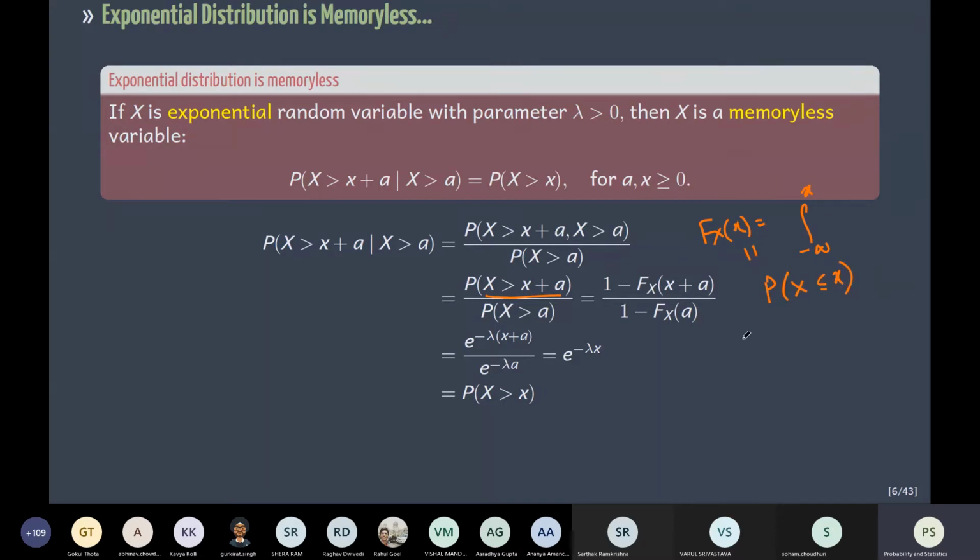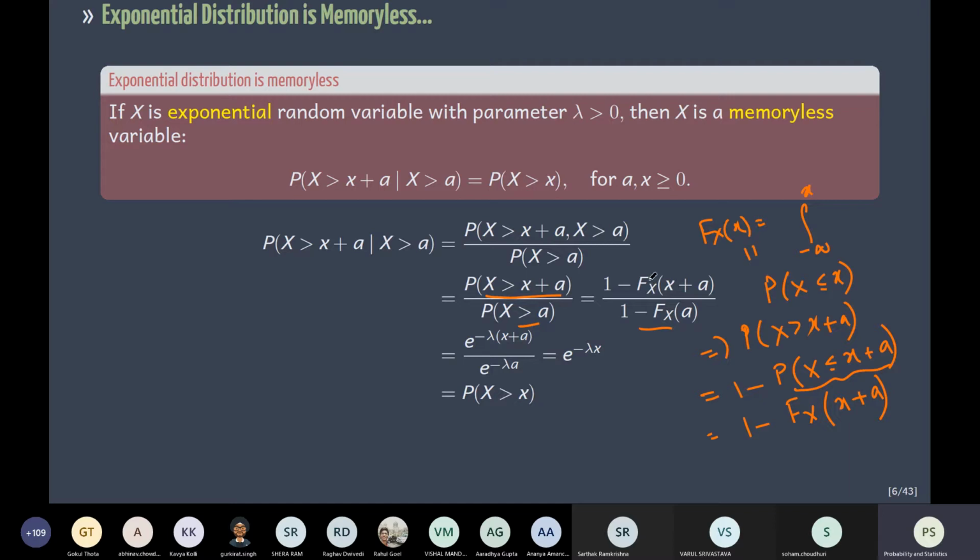What we want is the probability that X greater than x plus a. So this is the same thing as 1 minus the probability that X is less than or equal to x plus a. So this is nothing but 1 minus F_X of x plus a. Okay, so this is nothing but the CDF. So this is what we have done here. And the same thing applies to the denominator. It's just that now we have a here. And we substitute